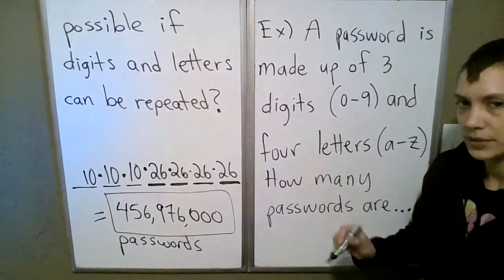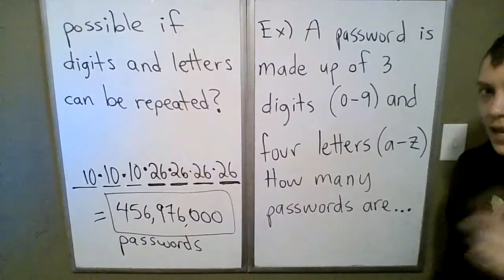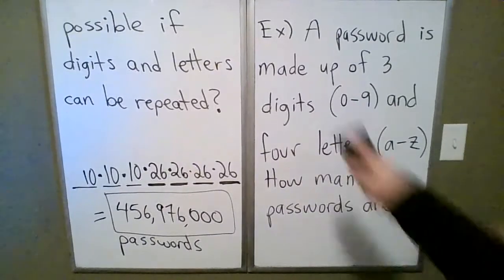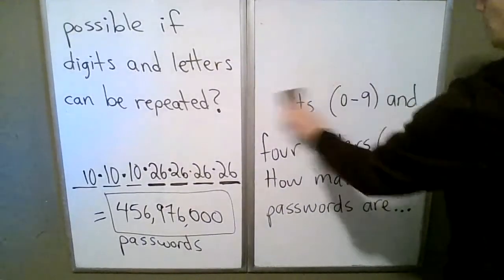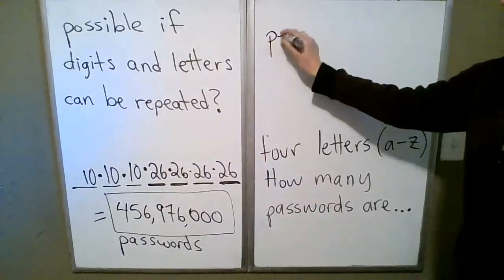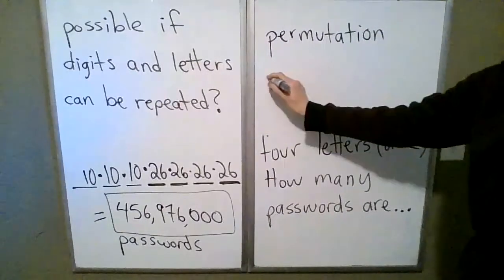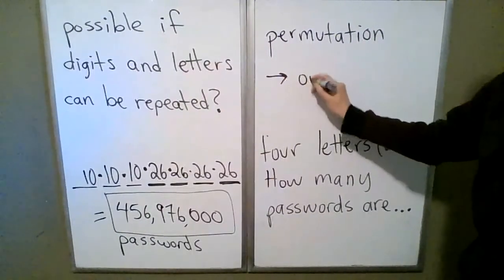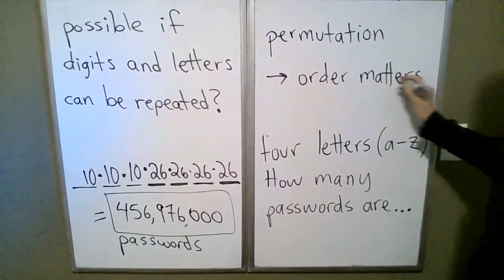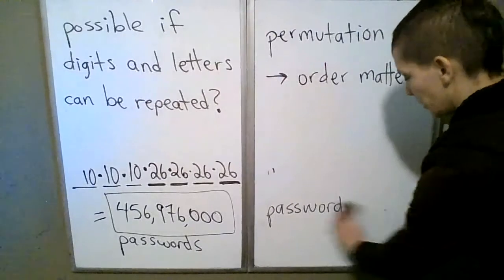For permutations and combinations, I'm going to put up a short version of what each means, and then we'll do the definition, and then we'll just practice examples. If it's a permutation, then order matters. You're going to select different values in a certain order,